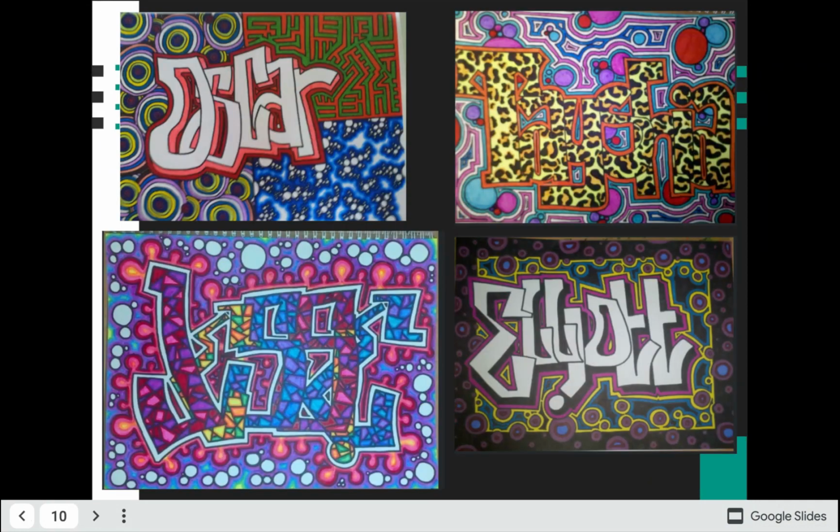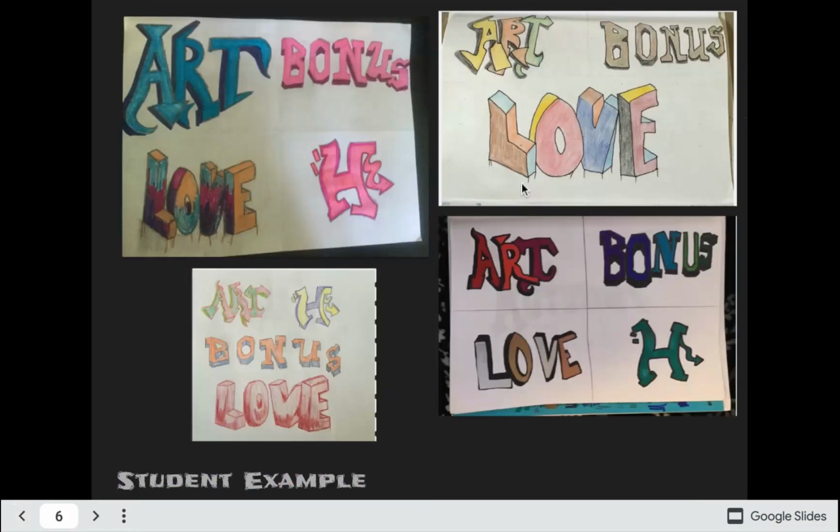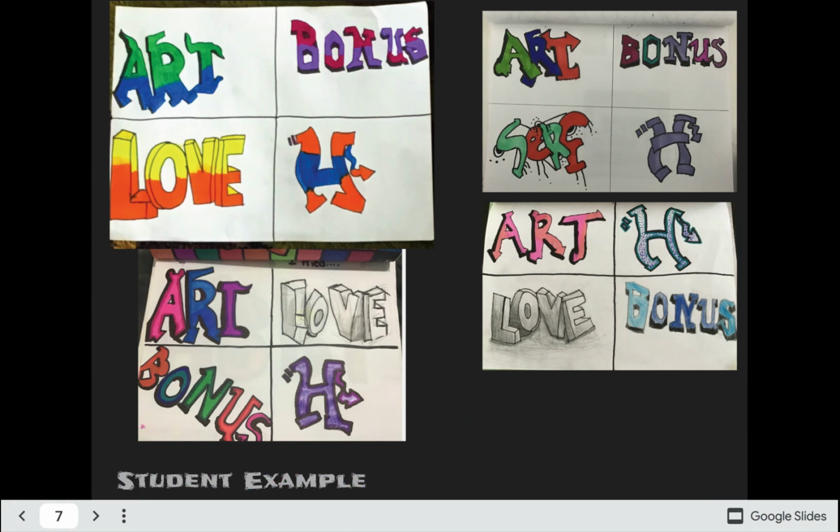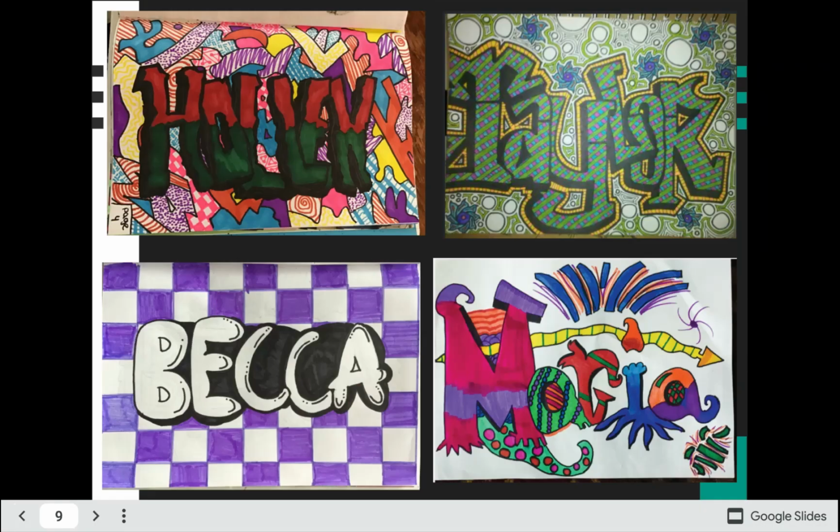So to recap, you've got 2 pages. Page 1 is going to be your practice of the 4 graffiti styles, either letters or words. And then page 2 is now you're going to show me with your name how you do graffiti. And notice we're bringing patterns in. We're bringing that focal point in. We're mixing up a lot of the different techniques and things we've learned thus far.